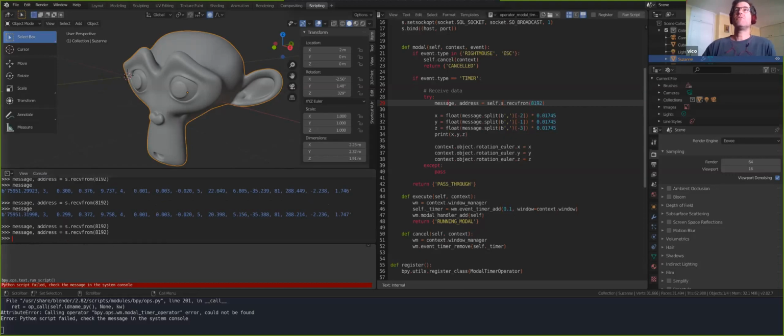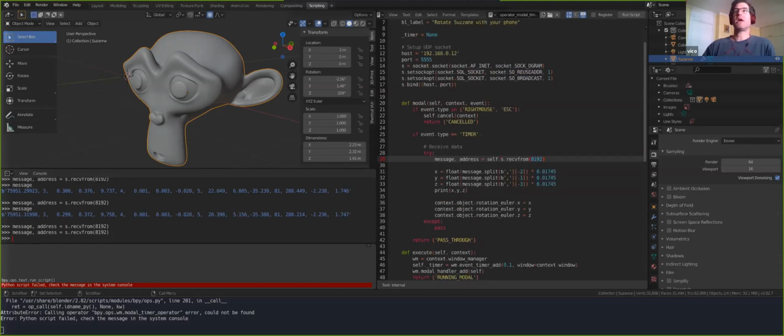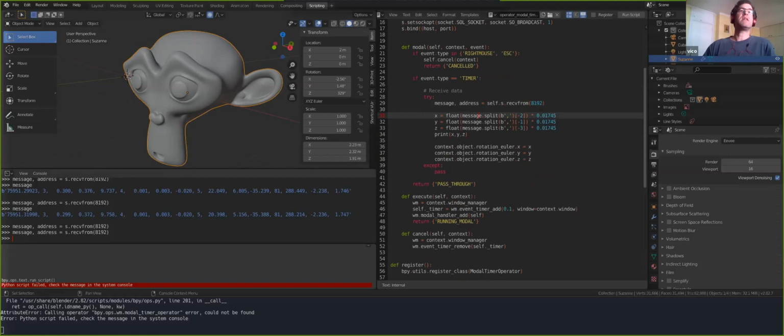With that line, we get the data from the phone, no magic. We just ask the S object to receive data, and we get the data. Now that data comes in a list separated with commas, and we need to split that data. Okay, I know that it comes organized in the last three values, let's say, comes the orientation that I asked from the phone. So if I execute this line,